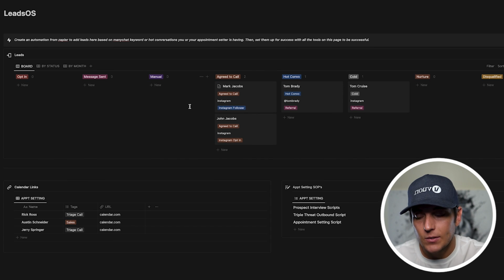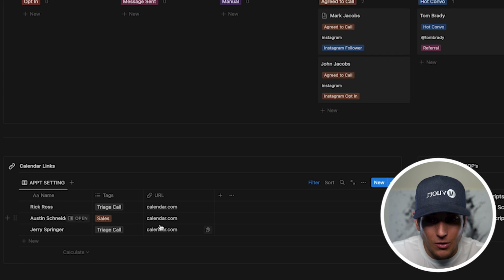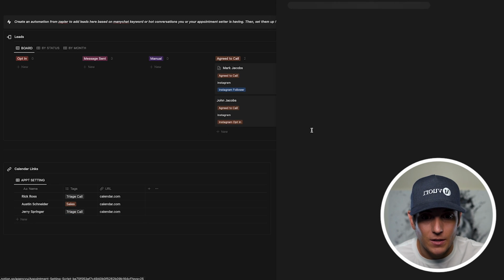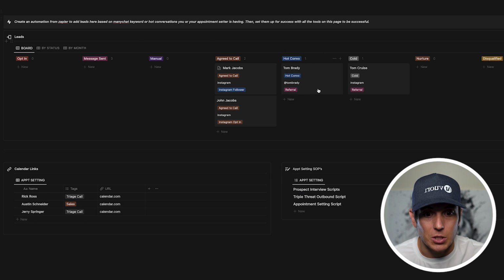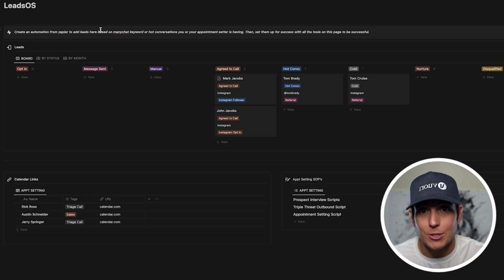In addition to this, we also have resources down below that are going to be important for anybody who's managing this board, like calendar links to the people they're going to book calls with, so they have quick access to the people who are actually going to take the calls, and all the SOPs as it pertains to the sales. You could literally just pop this open, get the script, and you're pretty much good to go. You need a lead operating system. This is what we built out for the agencies. It's pretty much an absolute game changer, and it's what we use for our 7-figure agency as well.